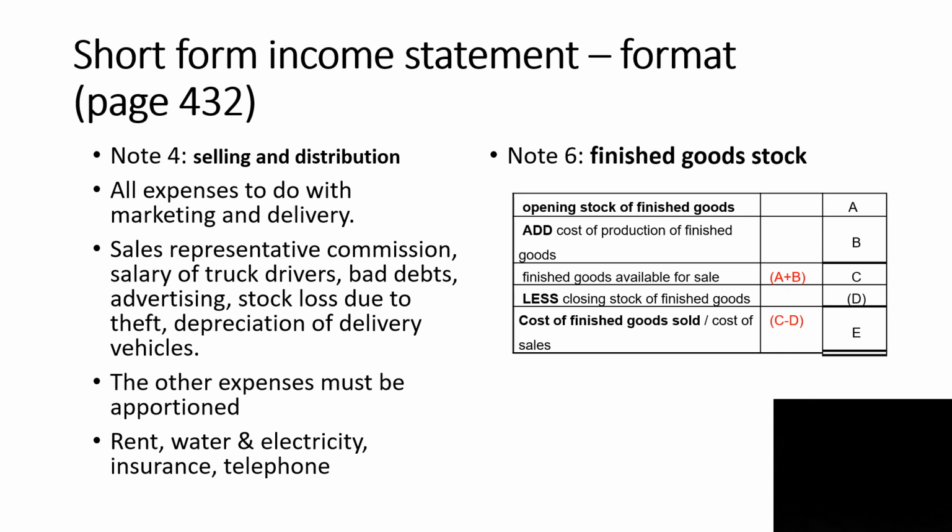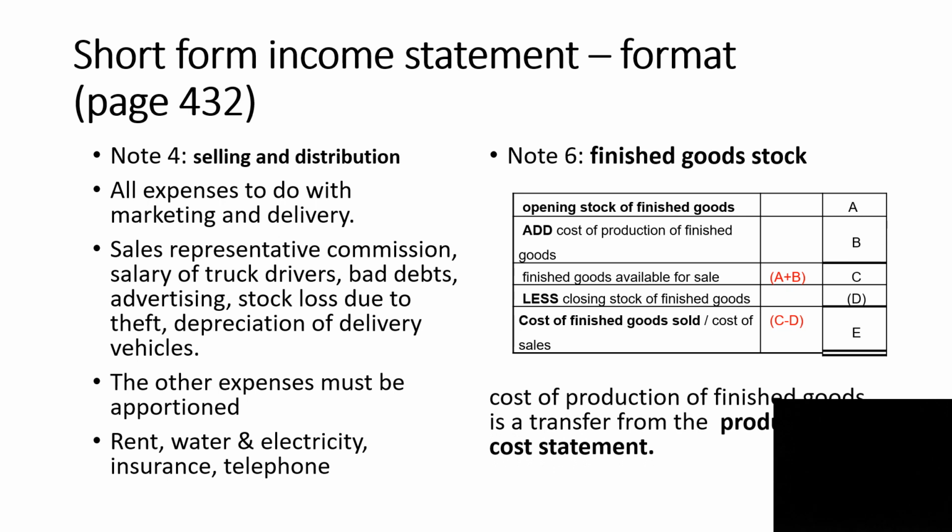The cost of production of finished goods is our final amount from the production cost statement. Now, if we add our A and B, it will give us the finished goods available for sale in the current year. That amount minus our closing stock of finished goods, D, will give us the cost of finished goods sold, or simply the cost of sales. Now, cost of production of finished goods, like I said, is transferred from the